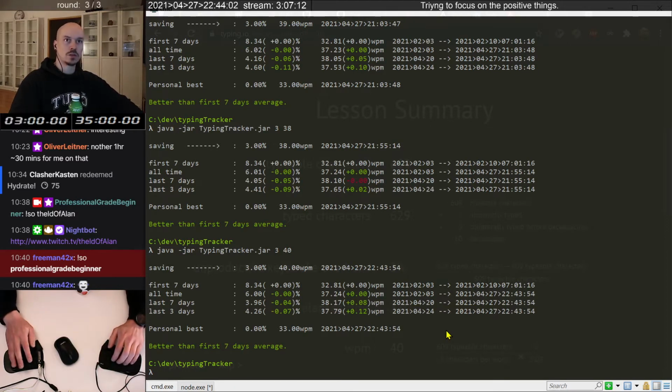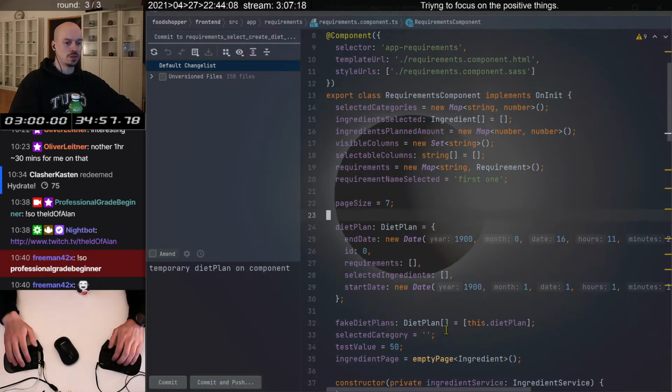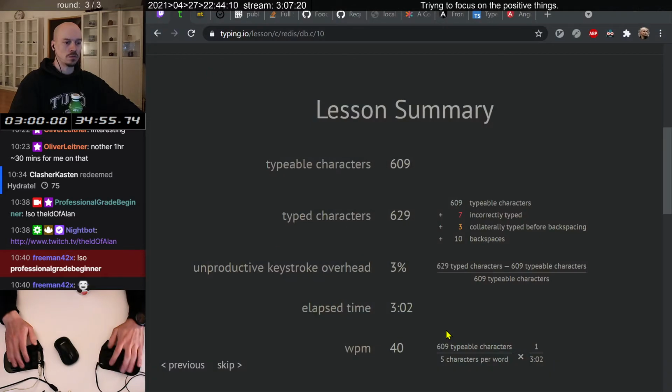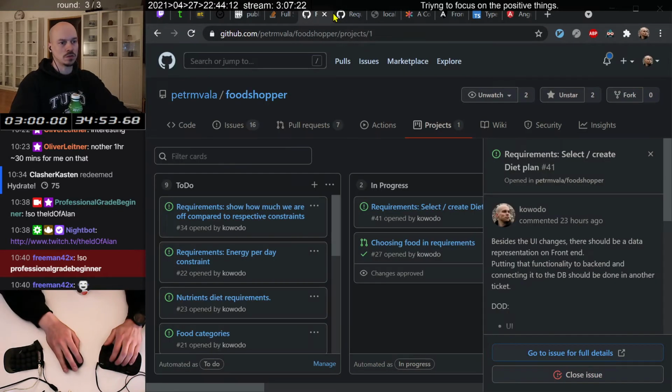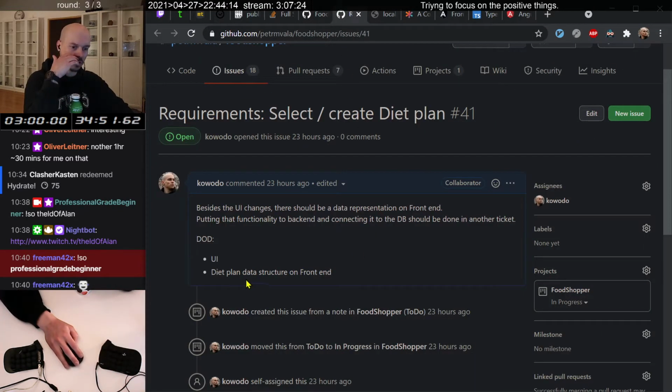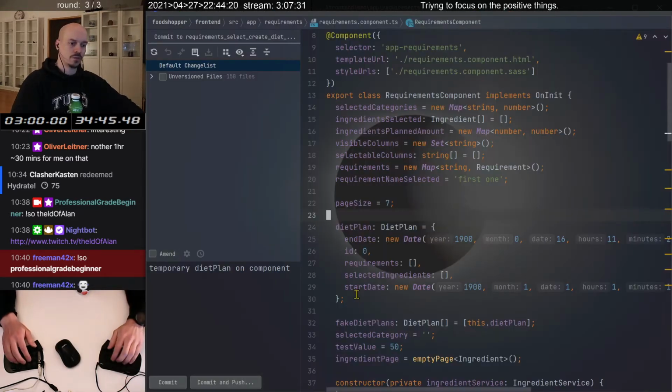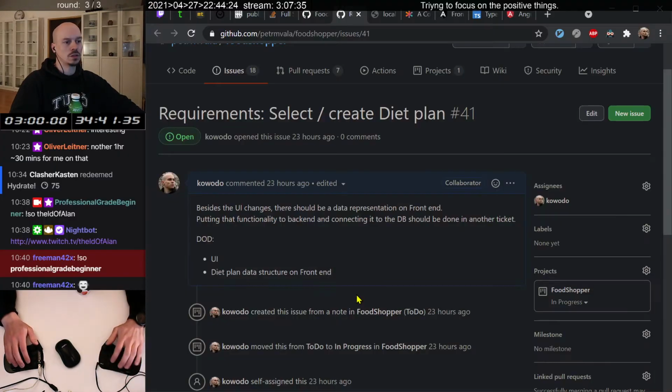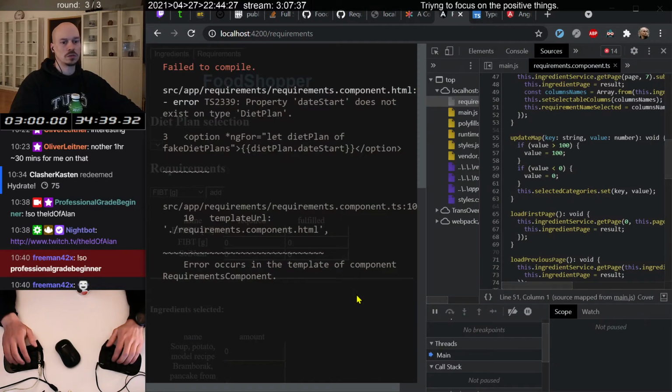So I'll stop the typing timer, and we will proceed in here. And I forgot what I'm doing again, so it's good to check the ticket description. So the UI and the diet plan data structure on the front end. So in the UI, so far we